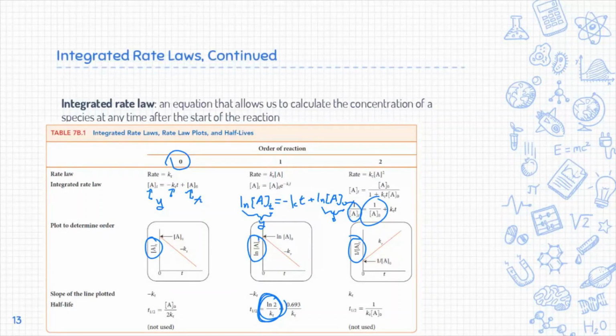So let's say that this is equal to 1, and we know half-life is the amount of time it takes for something to decompose exactly half of its concentration. So it would be 0.5 here. If we plug these values into the integrated rate law for the first order,